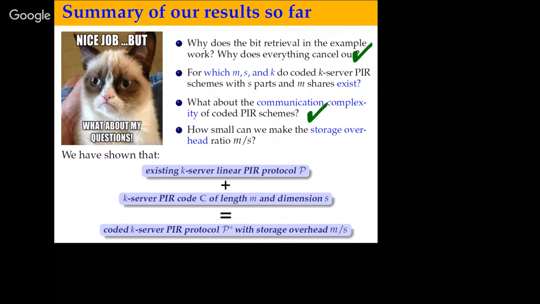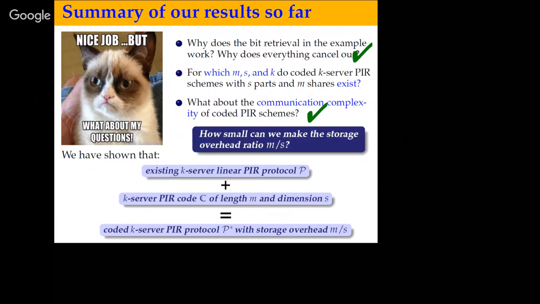But what we would really want to focus on in the second part of the talk is this key question, something I promised to do, that we can reduce the storage overhead of private information retrieval to essentially 1. And we'll do that by trying to understand for which parameters M, S, and K we can construct such K-server